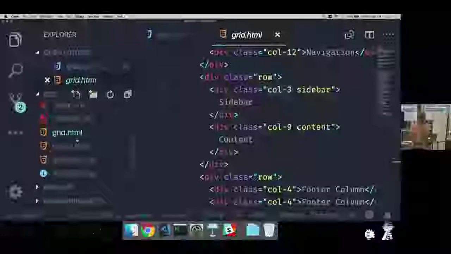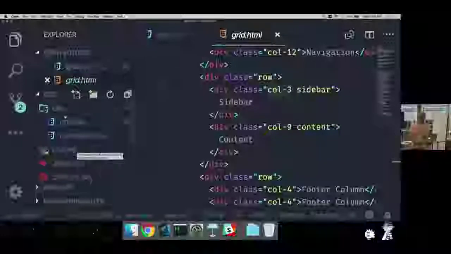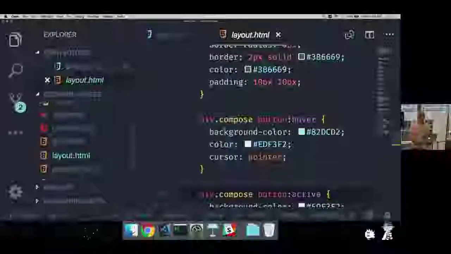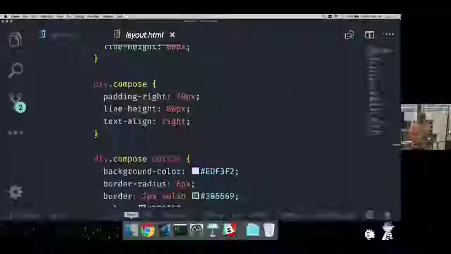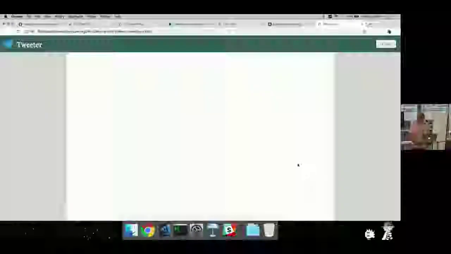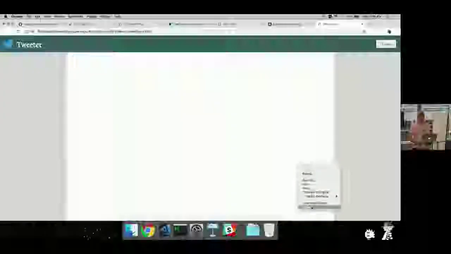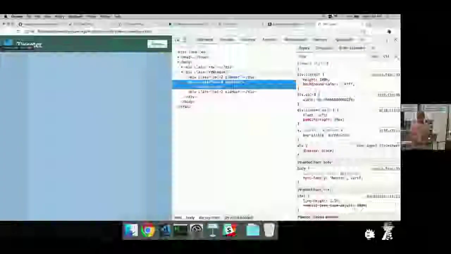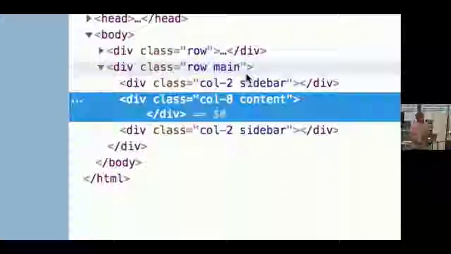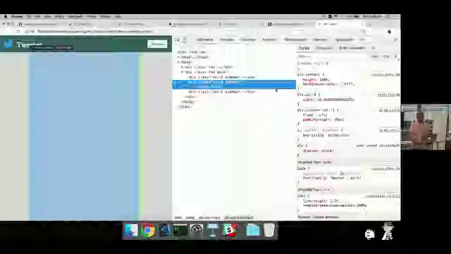So if we take this same grid file and instead go over to layout.html, I'm going to load up this layout.html. Here is my Tweeter app. And if I inspect it, we can see that it has that same row and column interface to it.